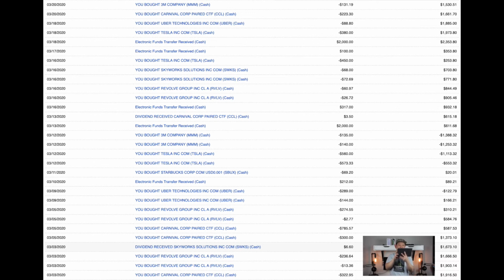So look at this price of Carnival. I was buying it March 5th at $30 a share. Guys, it's less than $11 right now. So March 5th, I bought more Carnival again. Revolve, bought more Revolve again. I bought more Uber,